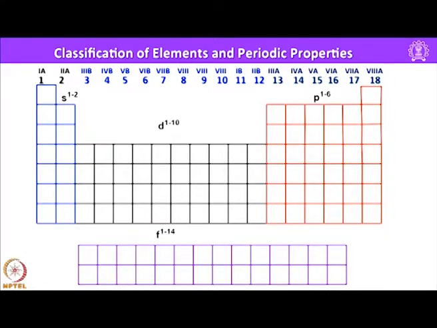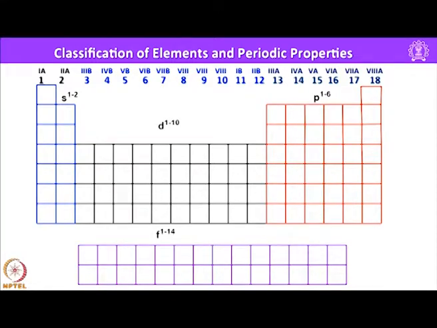The earlier notion was a little different, they were listed on top like 1A, 2A, whereas now the accepted method is to name all the groups from 1 to 18. So, now we have 18 groups, and again the number has some significance. You can see group 1 and group 2 have 1 and 2 electrons respectively in their valence shell. Similarly, groups 3 to 12 belong to the d block.